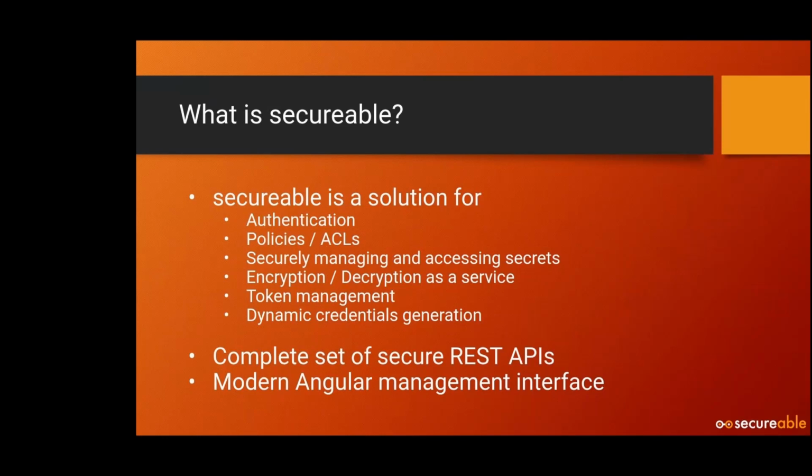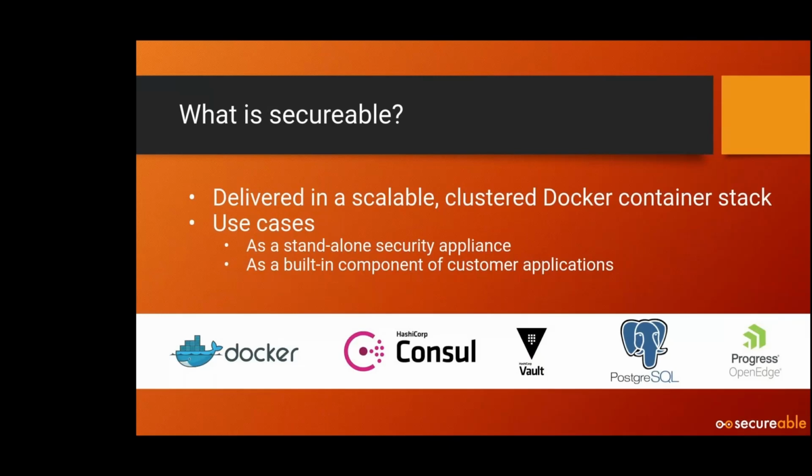It's supplied as a REST-based service, so everything that is done in SECURABLE is through APIs, and we eat our own dog food, so the front end of SECURABLE uses all of the APIs of SECURABLE. There's no hidden secrets or anything like that. As we say, we try and use everything in Docker because it makes life so much easier for us. So we've got several bits of technology put together in a stack that's just delivered as a single package that's just spun up very, very quickly and easily.